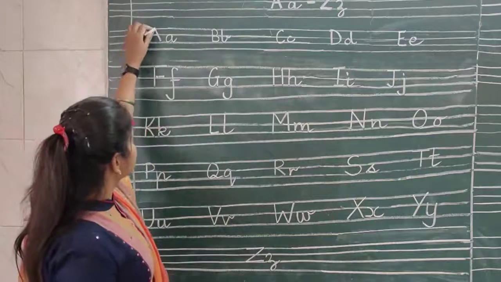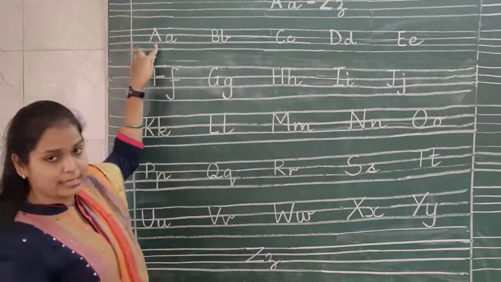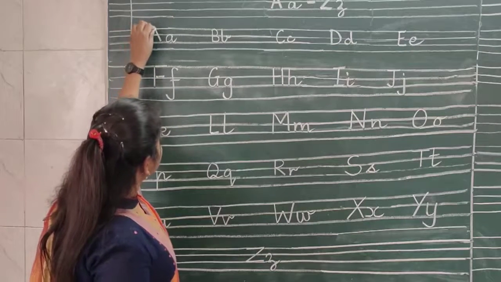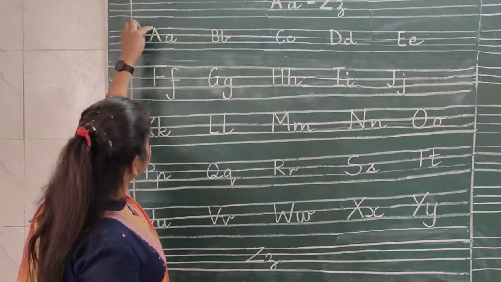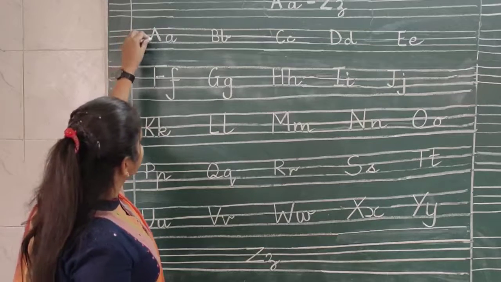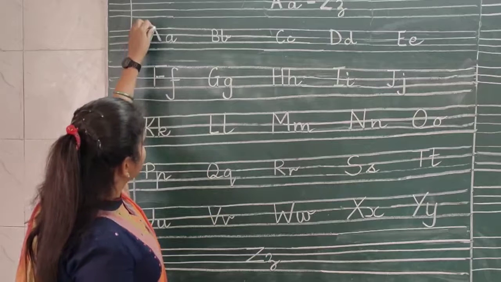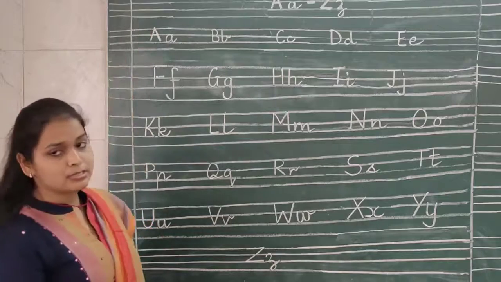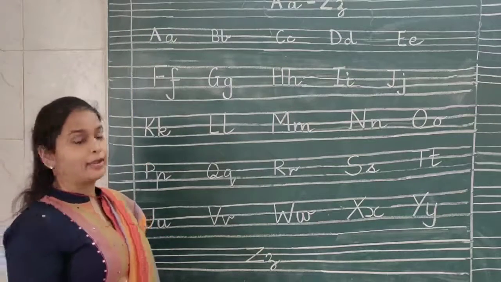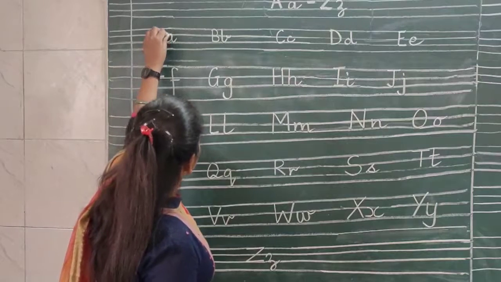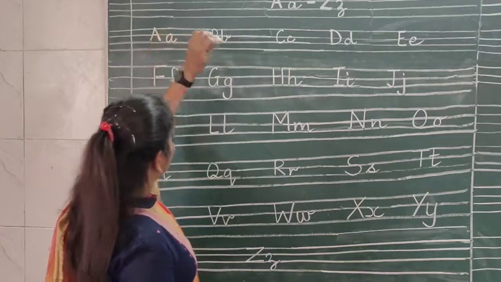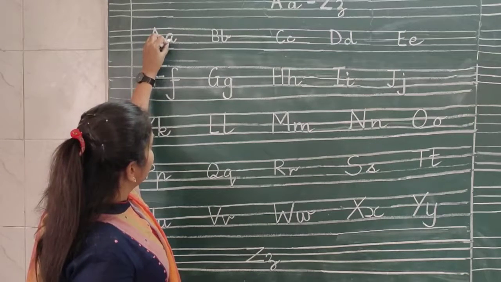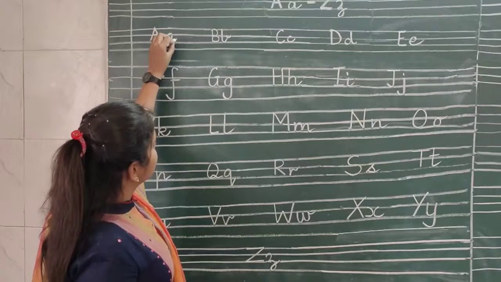Now first we have A in capital letter. As you can see on the board, this is A. We have written it like this, starting from the first line and ending it on the third line. From starting here and then here, and a small cut in between. So this is capital A. Now this is small a. How will you write small a? We will write a small curve, then up, then down, and then a small kick.